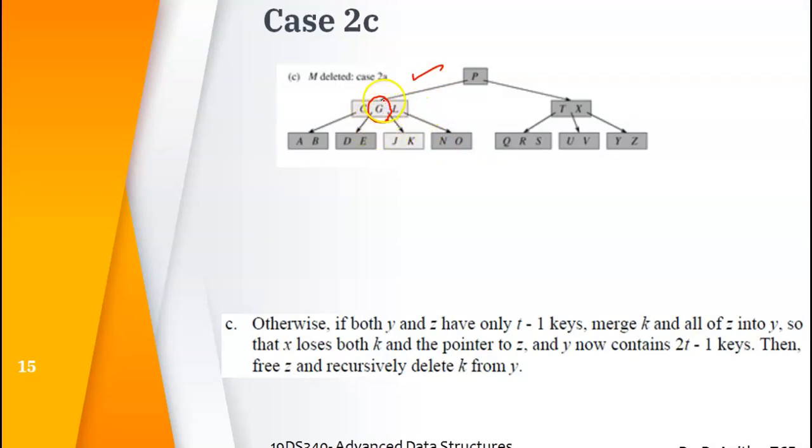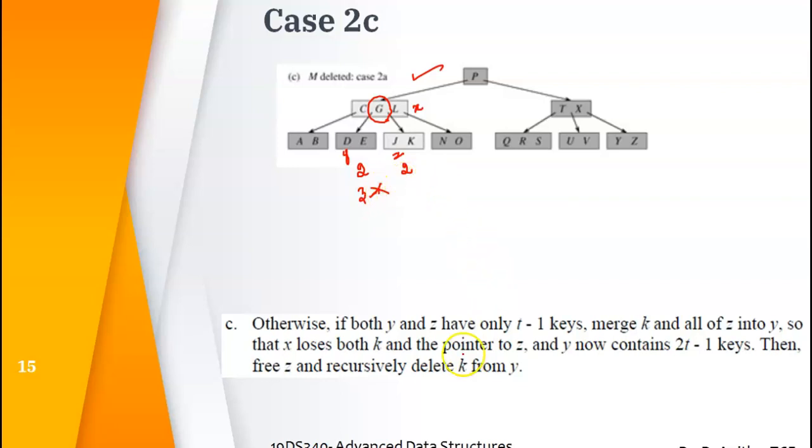So I am looking into G, and this is X. I have to look for the y first. So this is y and this is z. I check the count of the keys. It is only 2, but at least I need 3. So I look to my right. Here also I have only 2 keys, but I expect 3 keys. Okay, so it is not present in both the cases.